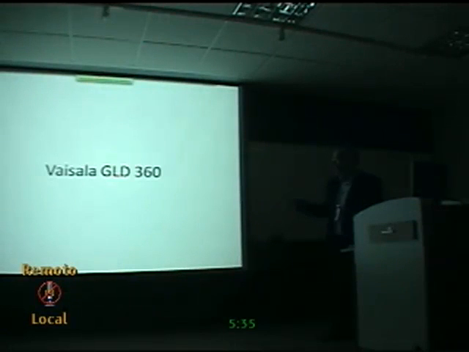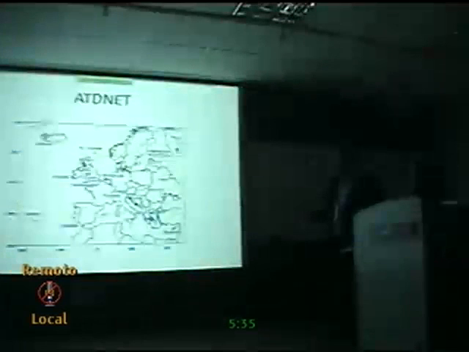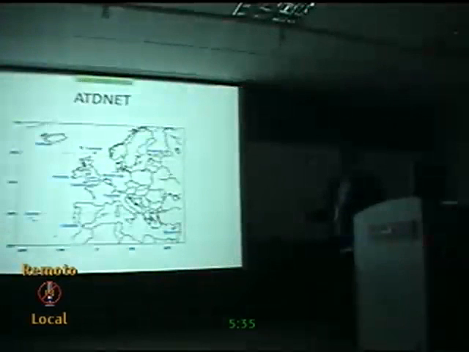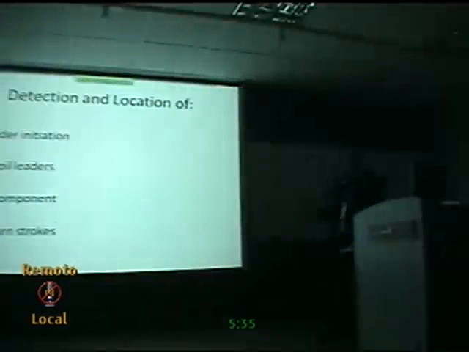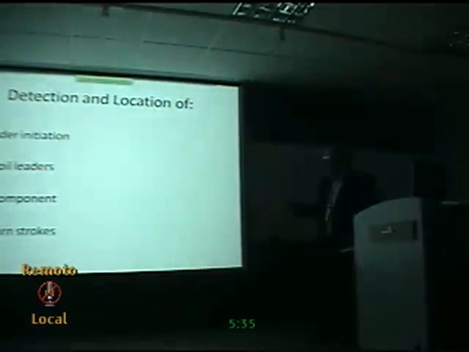So the Vaisala GLD360, the WWLLN, this is a map of 2008, the StarNet, a map of 2009, and ATDNet, and we're going to check what all these systems say about leader initiation, recoil leaders occurring during upward flashes, M